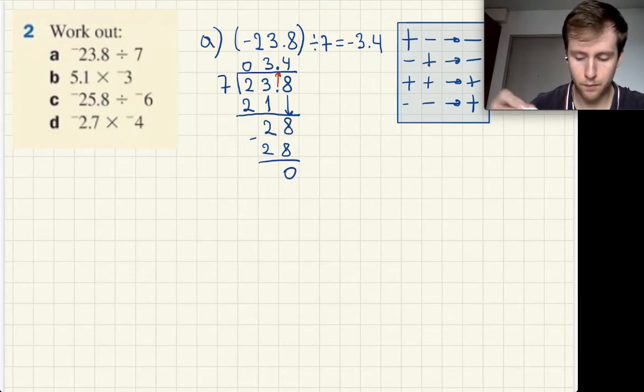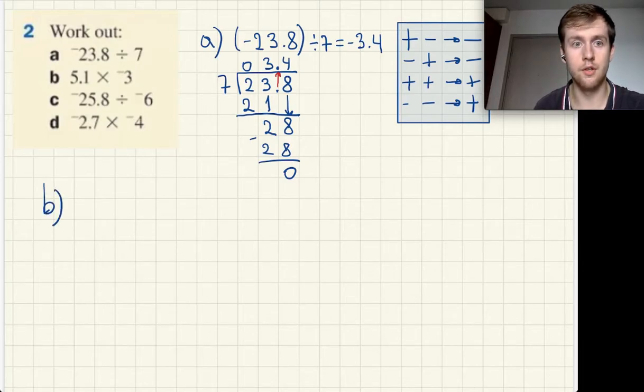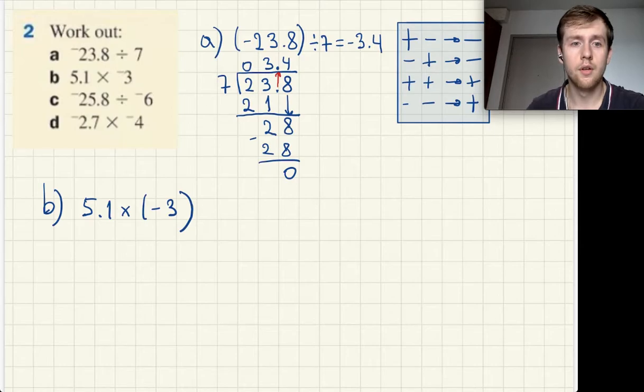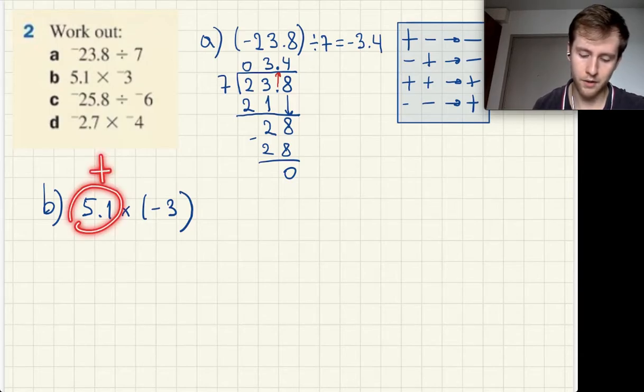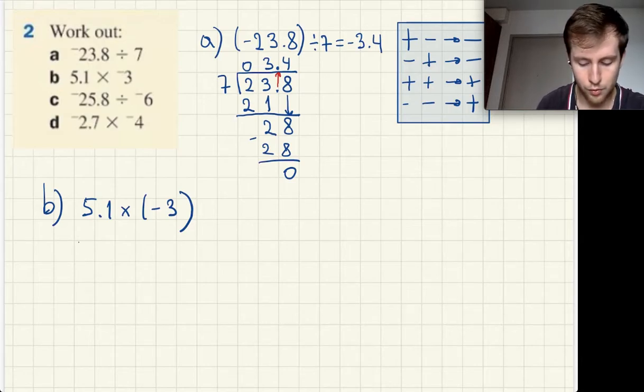So next we have a multiplication, which in my opinion is easier than division. 5.1 times negative 3. So, okay, first, of course, we try to determine what is going to be the sign of our answer. Is it plus or is it minus? So this is a positive number and this is a negative one. Plus and minus gives us minus. So the answer is going to be a negative number. And now let's actually do 5.1